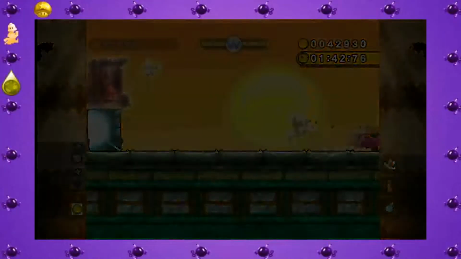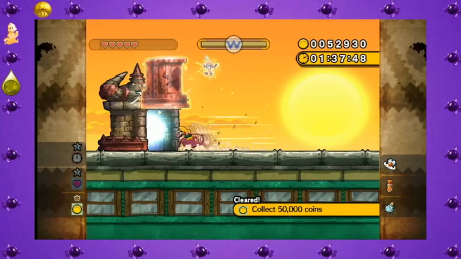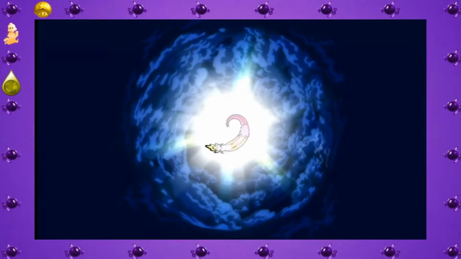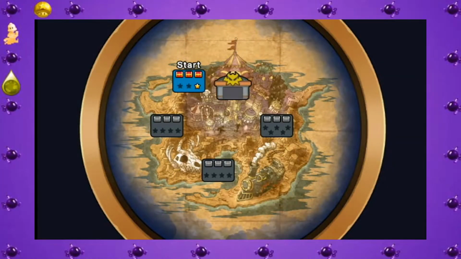And just as one little trick, I decided to go ahead and keep my dash box even through the sliding, even though I don't really need to. And with that, the wreck train is complete. And now we can go ahead and move on to, well, the next level. That being based on a cave